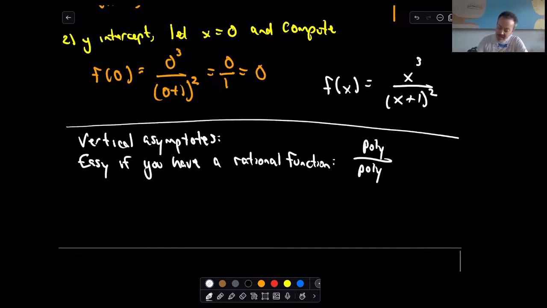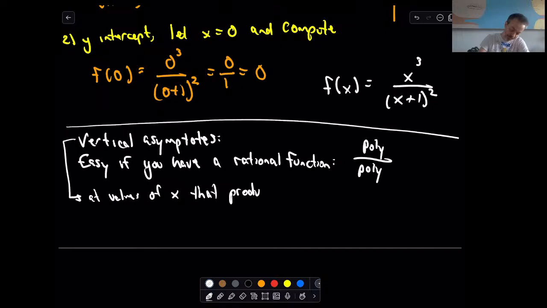So vertical asymptotes occur at values of x that produce something non-zero over 0. So if you can find a value of x that makes the denominator equal to 0, but the